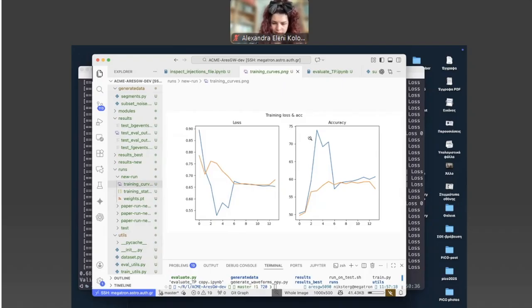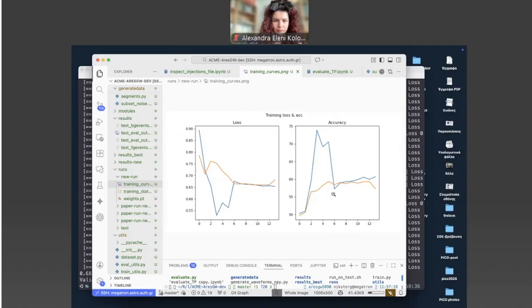The blue line corresponds to the training dataset, and the orange line corresponds to the validation dataset. Now, if we look at the accuracy, this may look very puzzling, because we see that the accuracy in the training data initially is quite high, and then it drops, whereas in the validation data, it starts low, and then it saturates at a certain level. So how is this all explained?